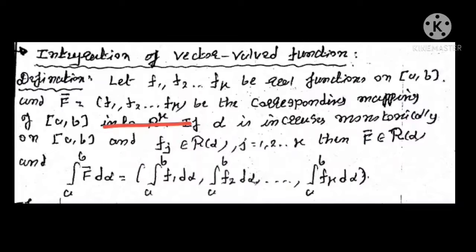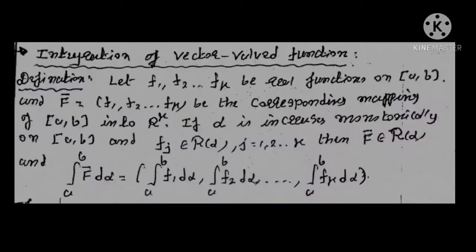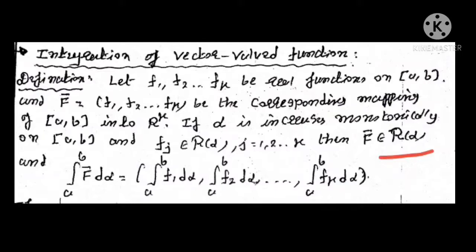If alpha increases monotonically on the closed interval [A, B] and fj belongs to the set of all RS integrable functions with respect to alpha, where j is equal to 1, 2, up to k, then f bar belongs to the set of all RS integrable functions on the closed interval [A, B] with respect to alpha,